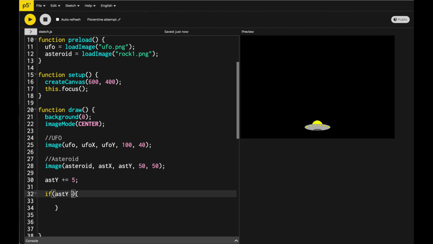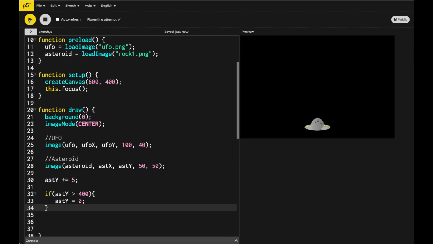So we have to say if asteroid y becomes greater than 400, then we want it to come back from its original position. So let's say y is coming back from the 0 position at the top. Once we did that, now let's click on the play button and we can see the asteroid disappeared and then